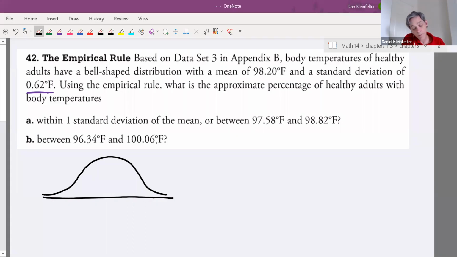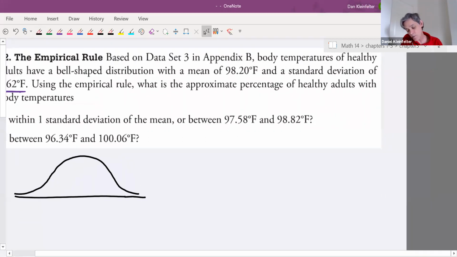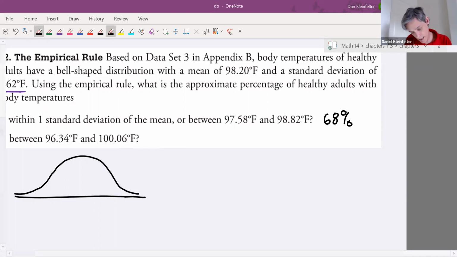So we want, first of all, within 1 standard deviation of the mean, which is 97.58 to 98.82 degrees Fahrenheit. Here they've gone ahead and told us that it's 1 standard deviation above and below the mean. And so we know that that's 68% of the temperatures. Okay. And just to make sure that we know where these two values came from,